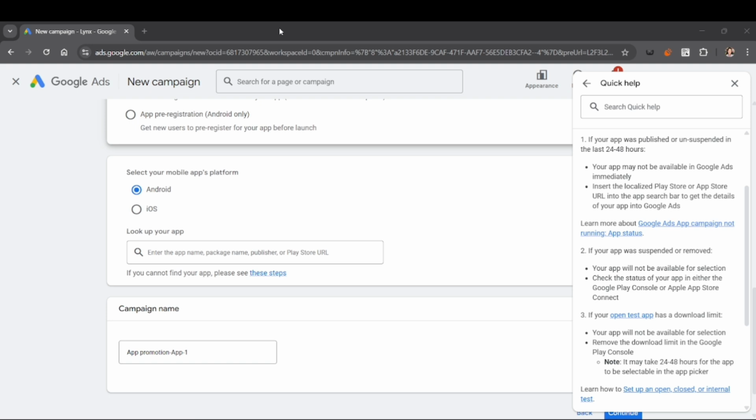After that, you'll need to review your settings, assets, and budget. So once everything looks good, click publish campaign. And just like that, your app install is live. So track installs, optimize bids, and keep testing creatives to get the best